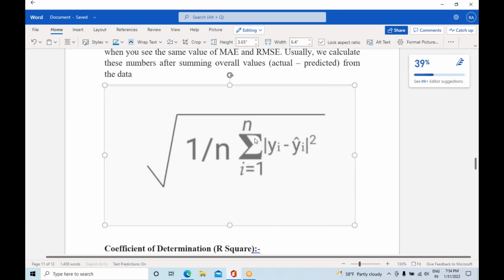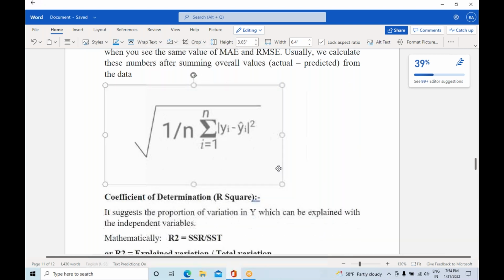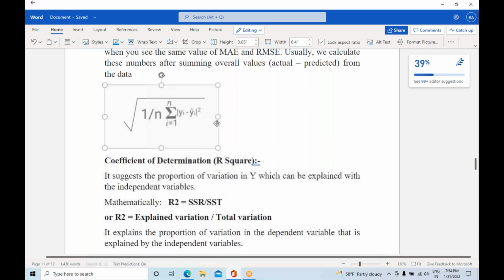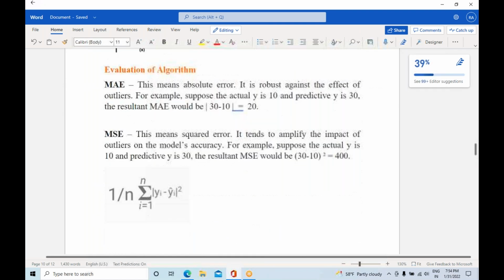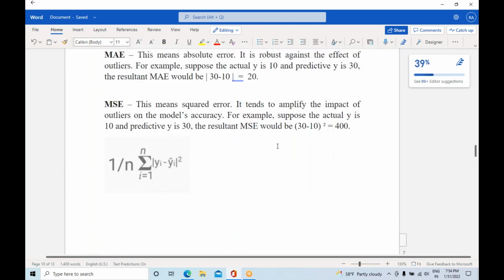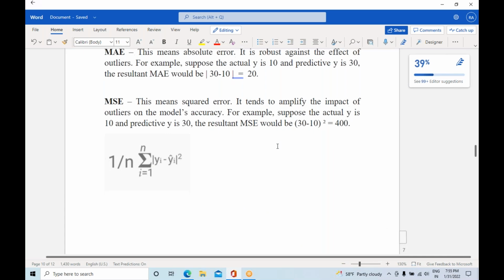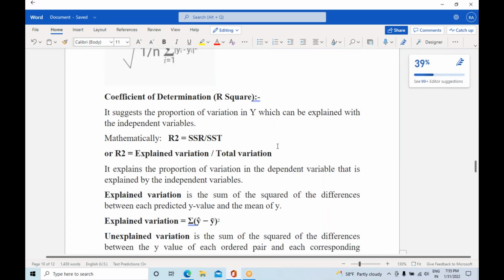So this is the same thing. Mean square error and root mean square error both are the same only, but the thing is that we are applying the root for it. That's it. Other than that, it will be the same. Okay, so that is MSE and root mean square error, and we have R square. R square is very important when you go through these regression algorithms.